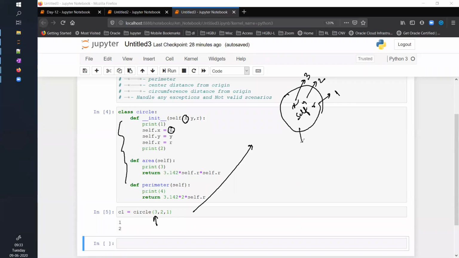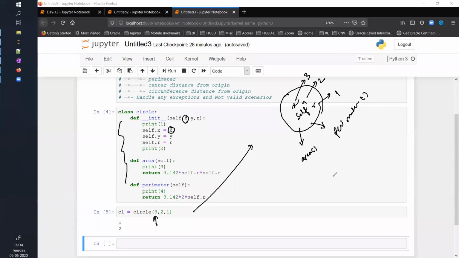Apart from that, I will also attach the functions area and perimeter. I'm not going to call these area and perimeter functions, but I will attach them to this object self. So this is how the functionality of self works.